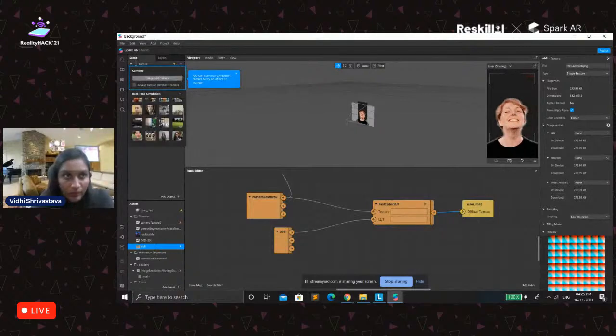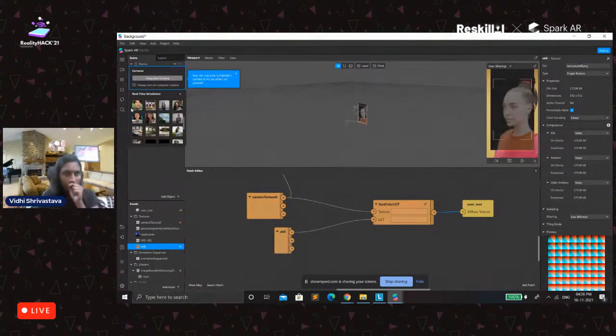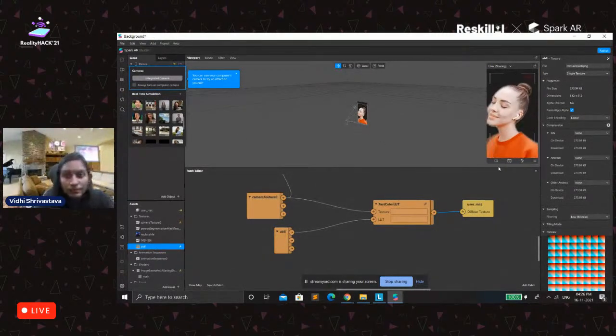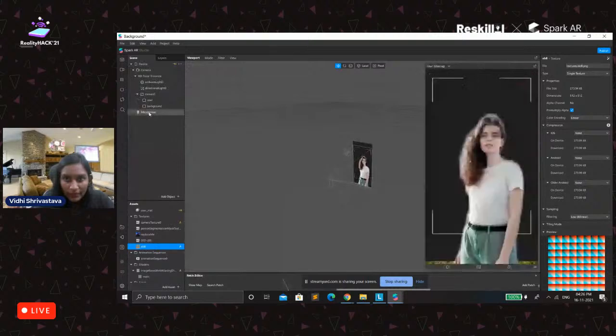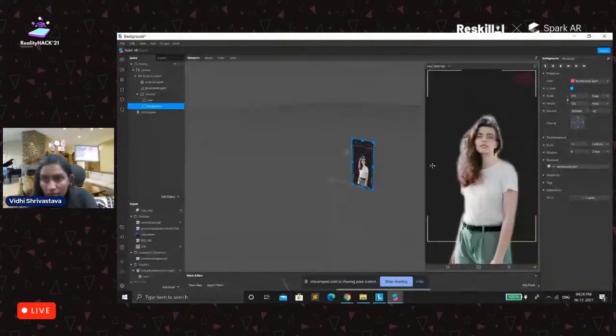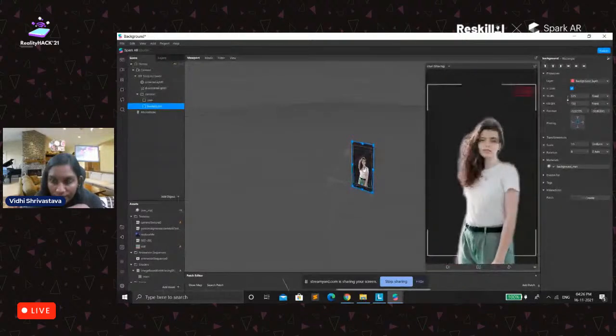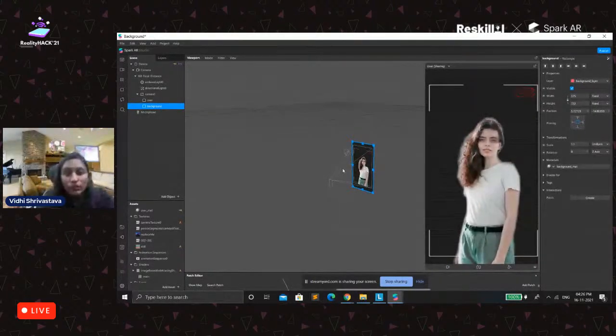Now see, you can see that the LUT effect is being applied. Let me increase the background to 1.1. A little bit downwards. So this is how you can apply the LUT effect.